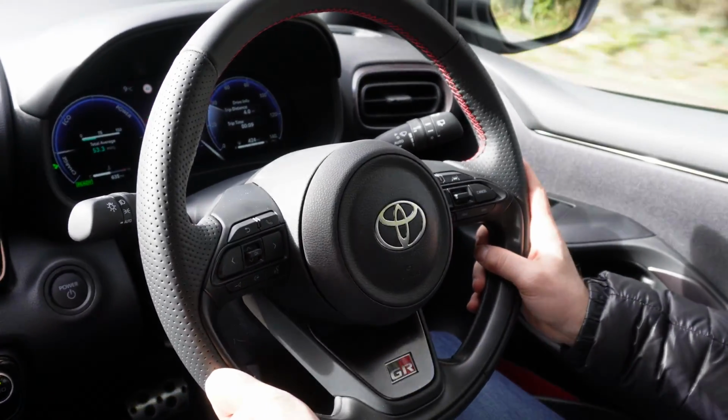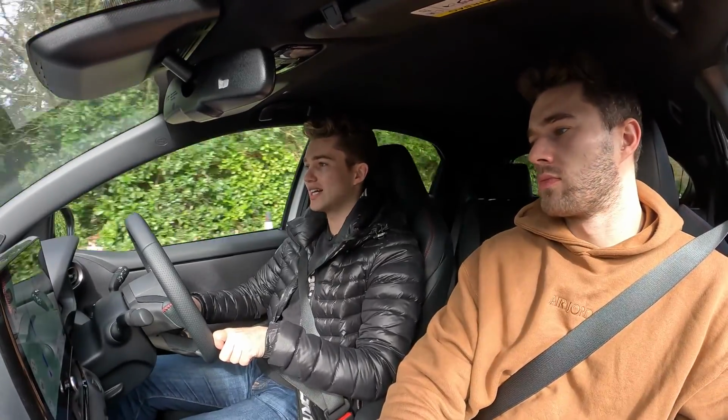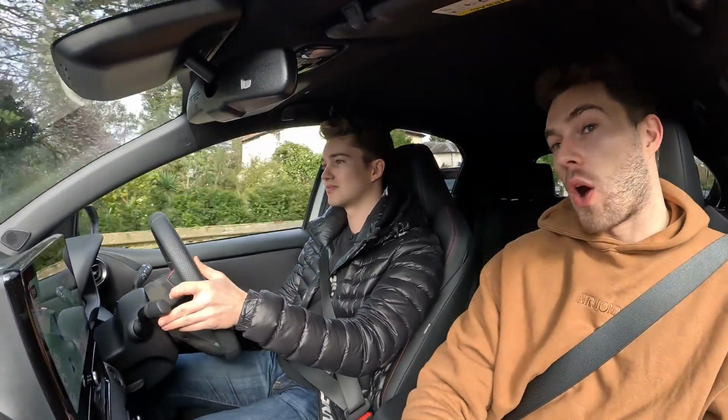I do have one little thing that's quite annoying actually. Why have they got the screen angled towards the passenger when we're in the UK and the driver sits on the right-hand side of the car? The GR, the actual sporty, fast one, AJ, has a whole different interior than this, to be fair. And yes, it's because it's starting from a left-hand drive, but the...